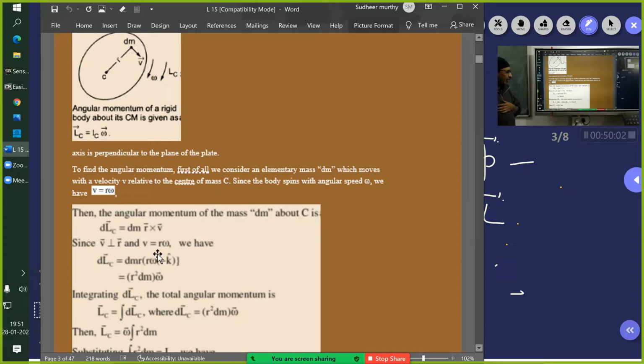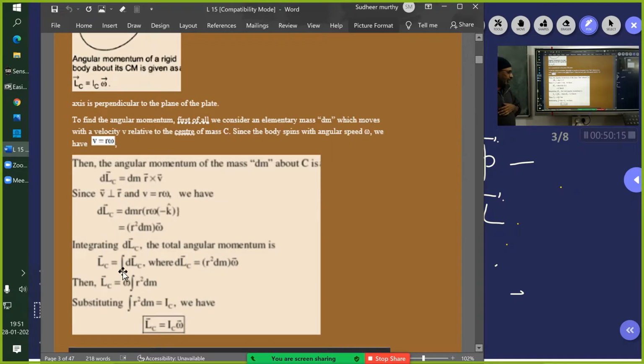Since v bar is perpendicular to r bar, v is equal to r omega, so we can write dLC bar is equal to dm r omega. So dLC bar is equal to r square dm omega. LC bar is equal to the integration of this. So we get LC is equal to IC omega. We have already done this. Only thing is,